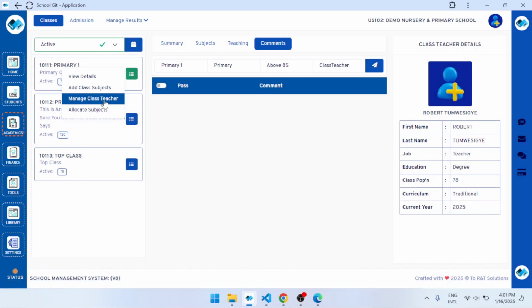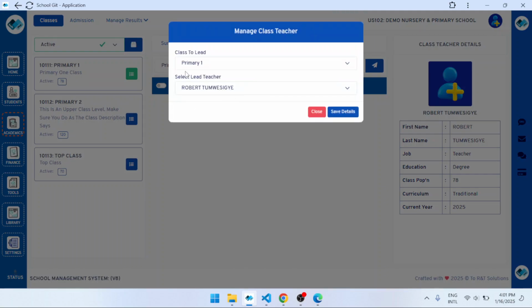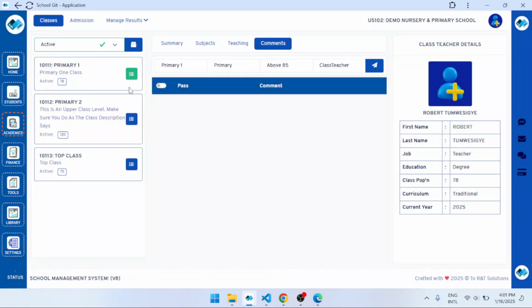Then we can manage the class teacher. So you see for now we have this one here, which is this person here when you see in the back that we already added, so the details are loaded here. So if you want to change, you can change here and have another person. But when you notice, if I come to manage class teacher,